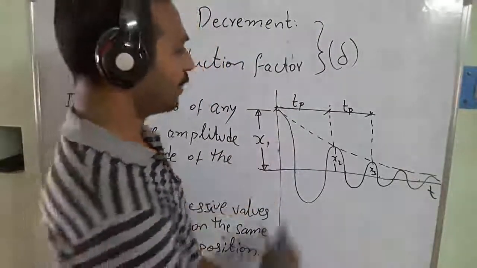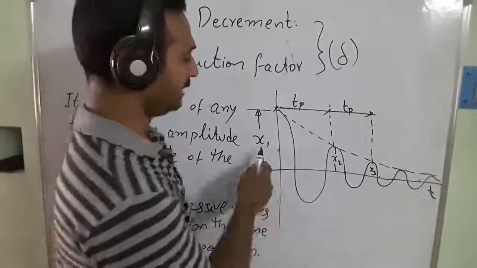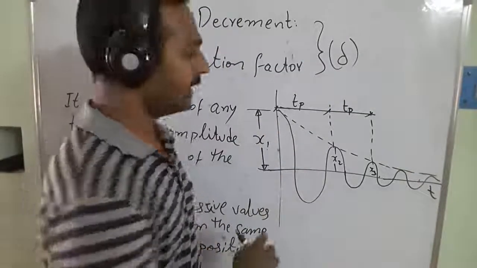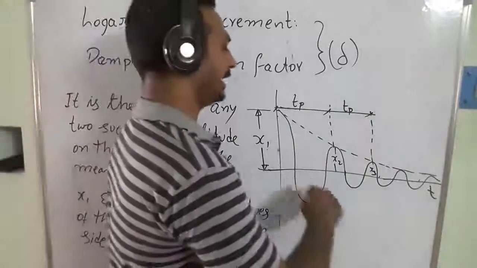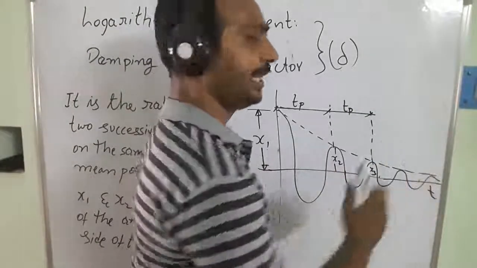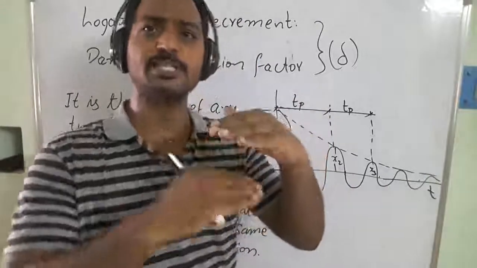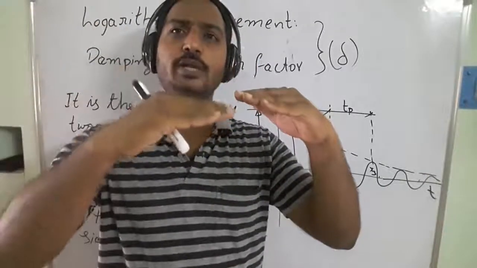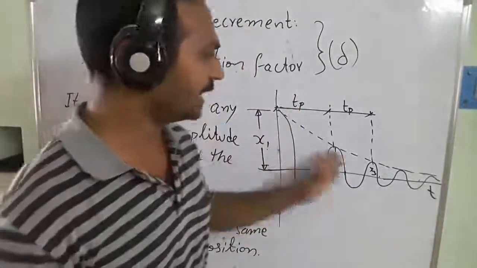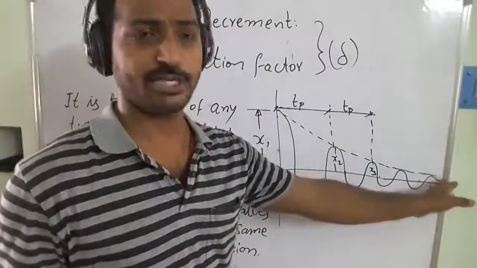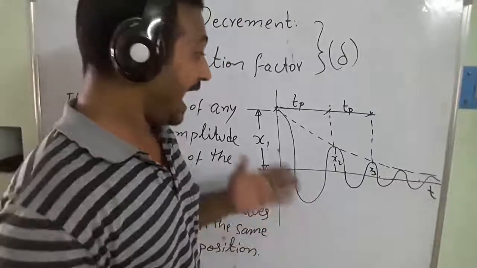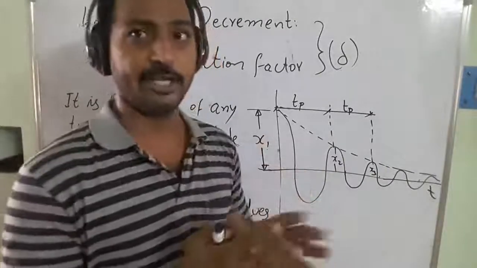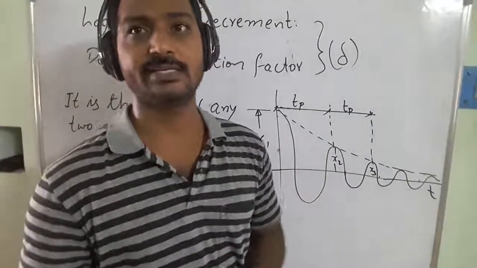So in this case, what happened? The initial displacement is going to be x1. Then when it is allowed to vibrate freely, the energy levels decrease, and the amplitudes or the displacement of the vibrations slowly decrease. We have shown that it decreases in an exponential manner. So how it is going to be decreasing, we need to discuss in this topic.